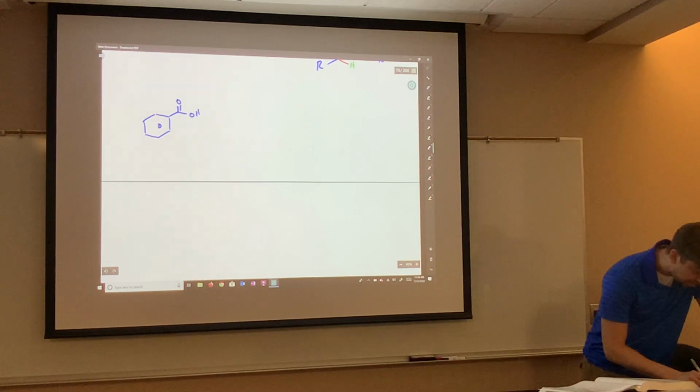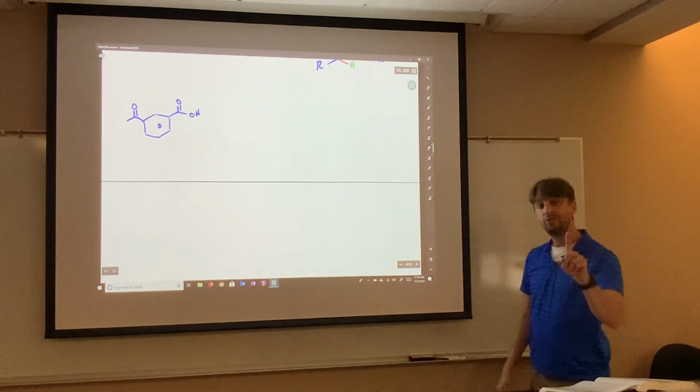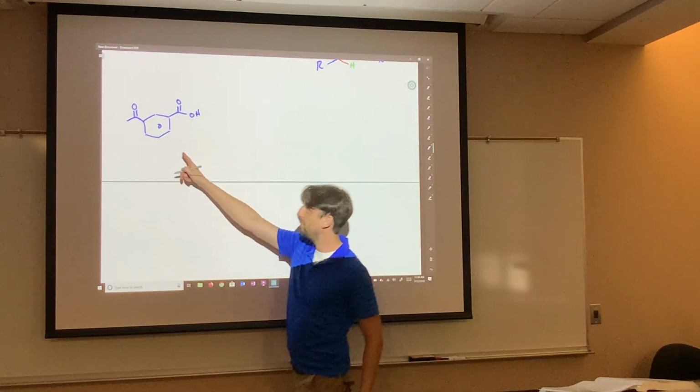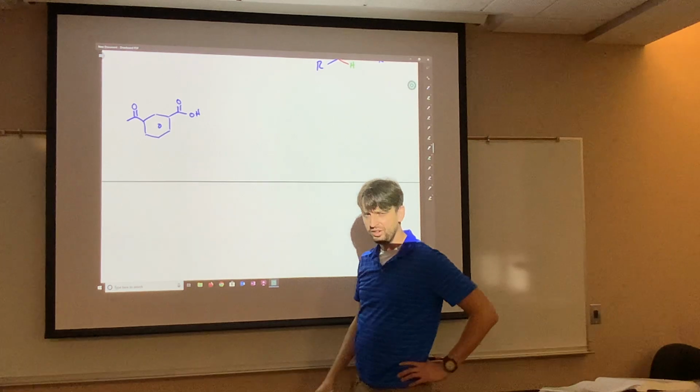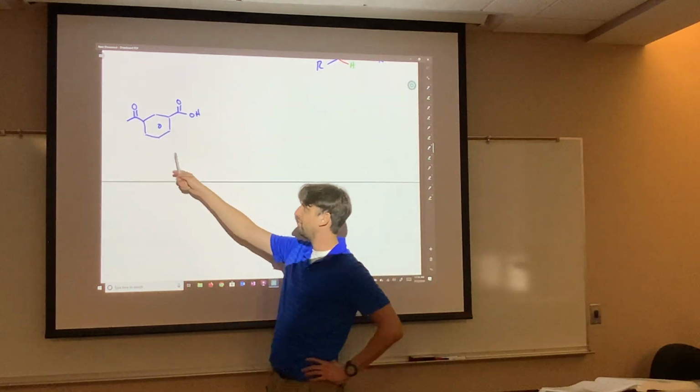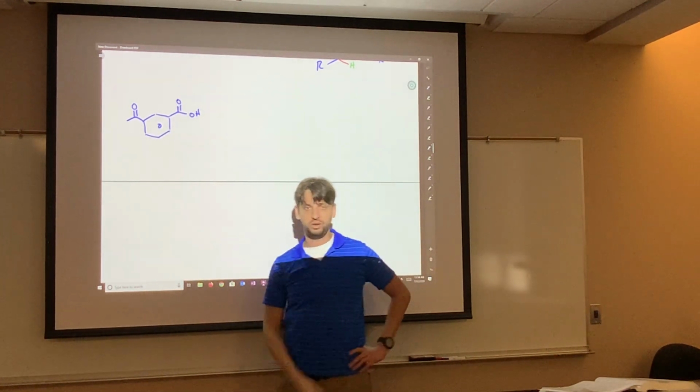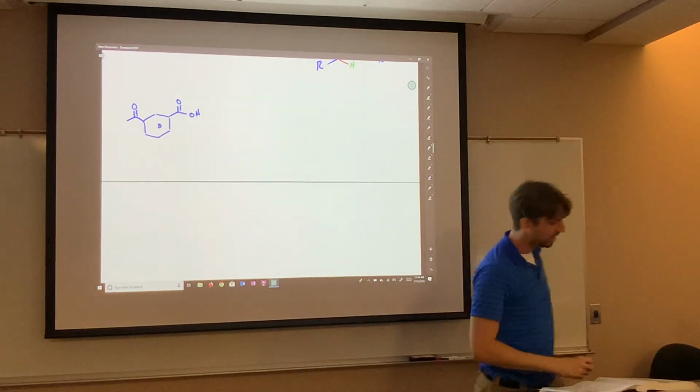So if we, let's say, wanted to make this, can you guys make this starting from benzene? Ooh, it's kind of a tough one, isn't it? You guys can do it though, right? So start with benzene, see if you guys can make this compound here. You guys have it in your tool belt, okay? Anyway,